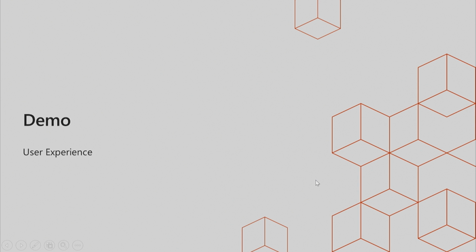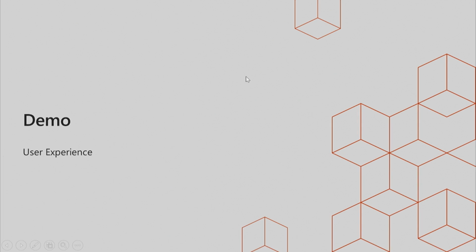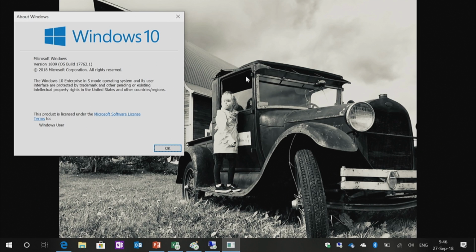So what about the user experience? Because we just touched upon Windows 10 being multi-session. Let's just see what that is like. So first, let's explain what we're looking at. This is just my local device. It's a Surface laptop. I'm not sure if you can read this, but it says Windows 10 Enterprise in S